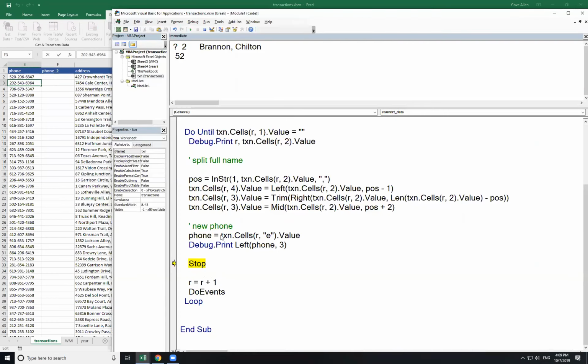So what am I going to do here as I make this variable? What can I do to get rid of that space? Yeah, just trim it. So, trim. Now my variable phone should just have, yeah, that space is gone, so I'm getting that first area code, 520. Excellent. Okay, so now to put this into the next column over,